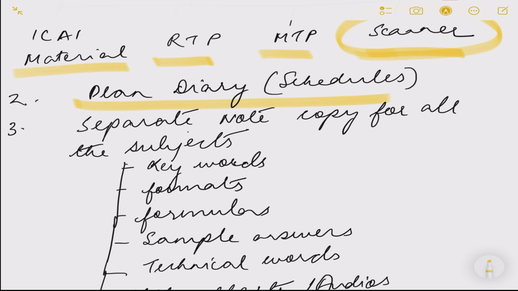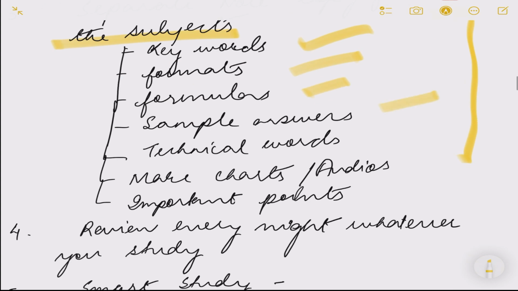At least 3 months is very important to crack CA Foundation in one go, because you are going to prepare and then revise as well. Try to make a separate note copy for all the subjects, where you are going to write keywords, formats, formulas, sample answers, technical words. You can also make charts,